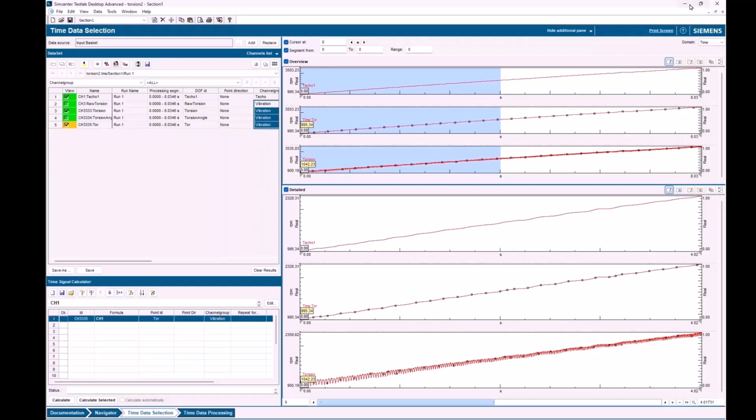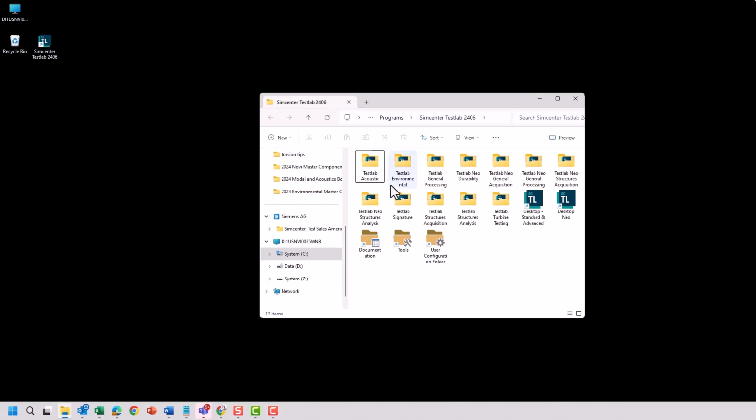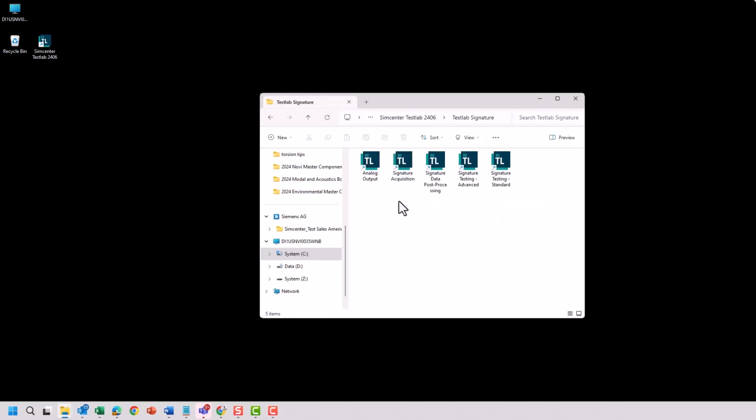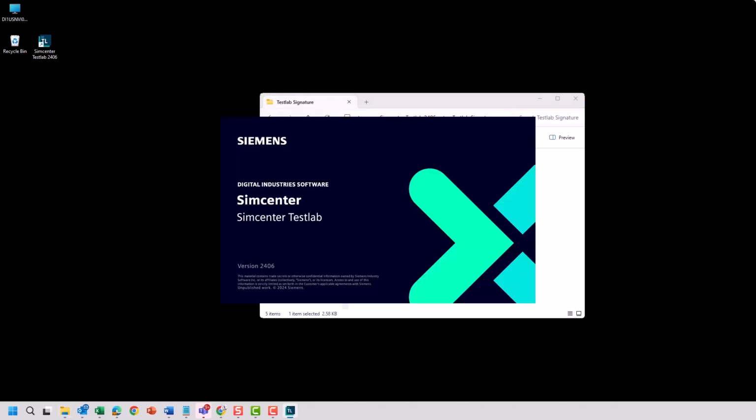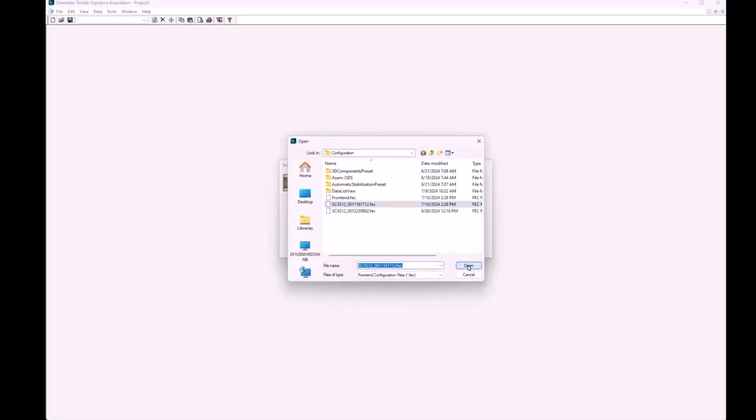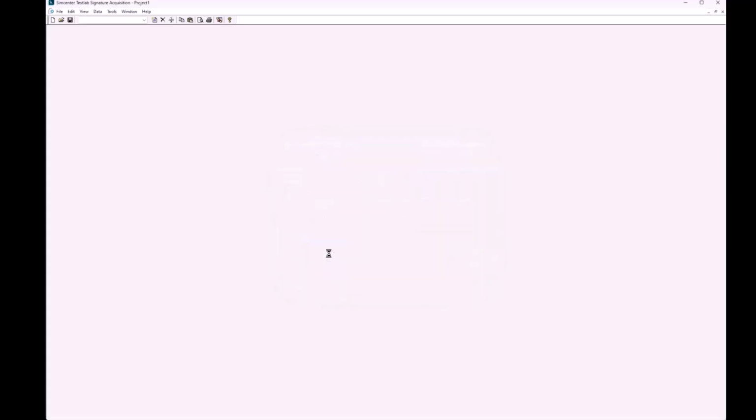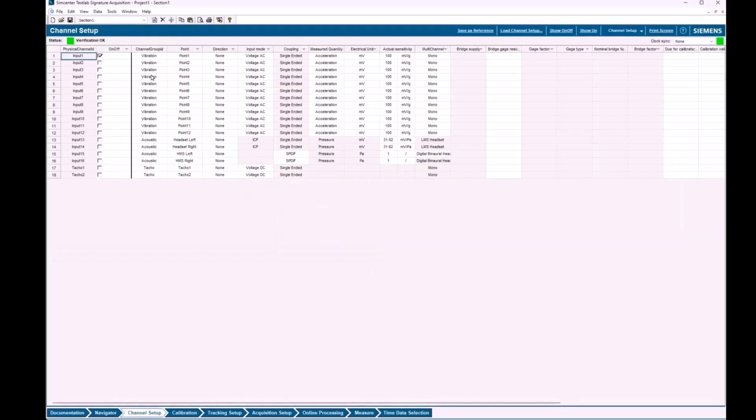That's a good tip. See if I can go one step further with that tip. Let me go into TestLab Signature here. I think this is something that a lot of people may or may not know about. When you're setting up a tachometer, you might be like, well, how am I going to get the tachometer to be both a vibration channel and a tachometer? It seems like it has to serve two purposes, right? Yeah, would a lot of people try to tee it? Some people might tee it, physically tee it.